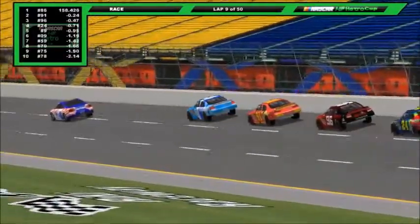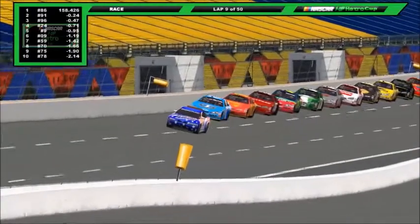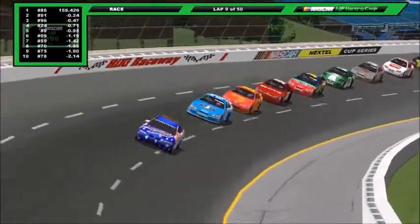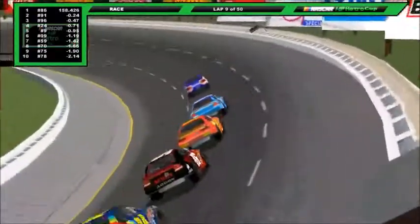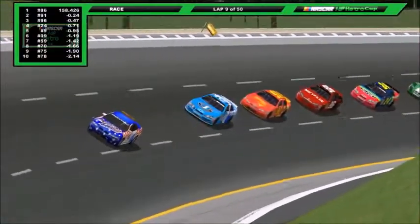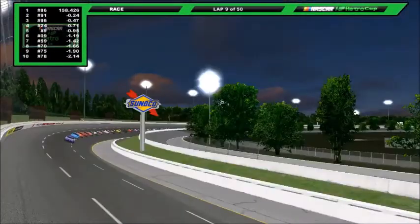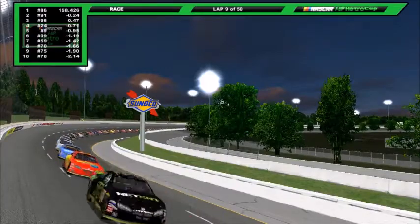Now, with an early wreck, would these drivers perhaps be more careful now, were they to risk getting into another accident and potentially losing many championship points? Yeah, definitely for those back markers that were in that wreck, try to be a little bit more conservative and not cause a wreck. And then definitely the guys up at front, not too much movement. Don't be too aggressive with their moves. Just try to make it as clean as they can, and hopefully they can make it the rest of the